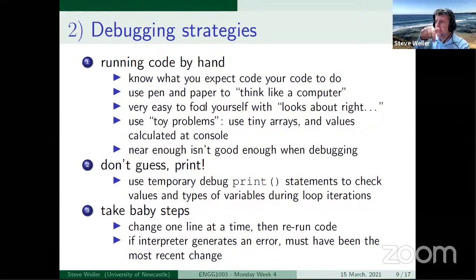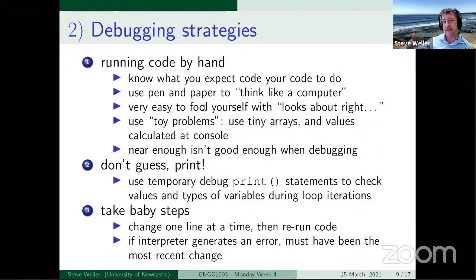Is it updating individual elements of an array, or is it updating the whole array at once? What's the value of the loop counter? What's the value of the array index at the loop counter? You're really thinking at that sort of indivisible element, the smallest possible calculation step, with a pen and paper. Now, sometimes that can happen quite quickly. Sometimes you can be scribbling numbers one after the other, drawing boxes representing arrays, updating the elements of those arrays, and it can happen quite quickly.